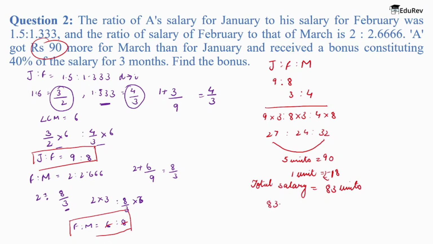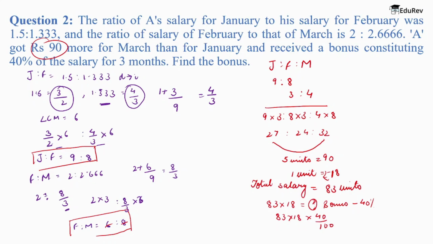83 into 18 is equal to... we will not find it here, we will just simplify it. You can write that bonus is... this will become lengthy if we solve it. We will directly multiply and cut it out to its simplest form. Bonus is 40%. So 83 into 18 into